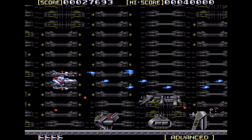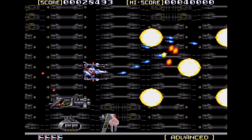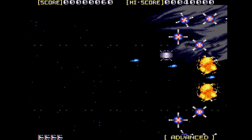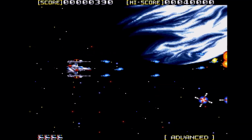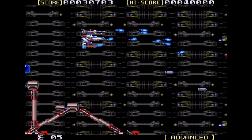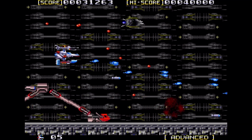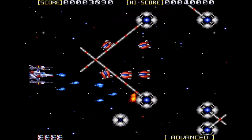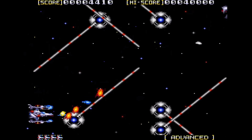If you've ever played Gaiares, then you know what to expect here. Constantly flying your spaceship to the right. Dodge anything that isn't your spaceship, except power-ups. You need to hit those. And never stop shooting until everything is exploded. This game is fun, but it's also really hard. But not even close to being as hard as Gaiares. And on top of that, it's only 6 levels long, and once again, and you're not going to believe this,